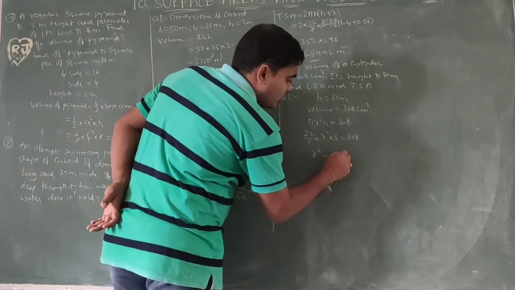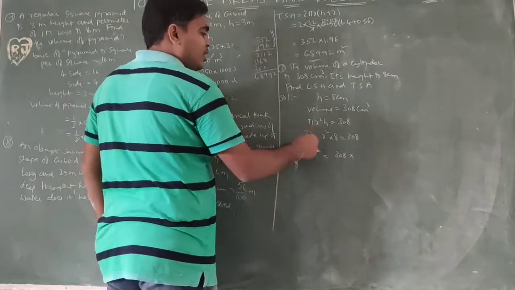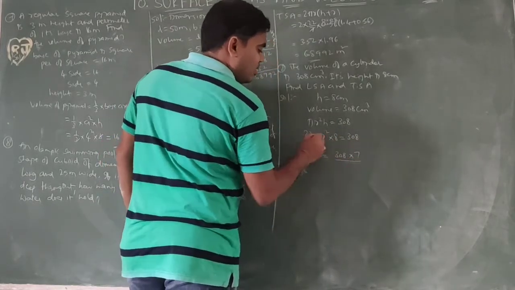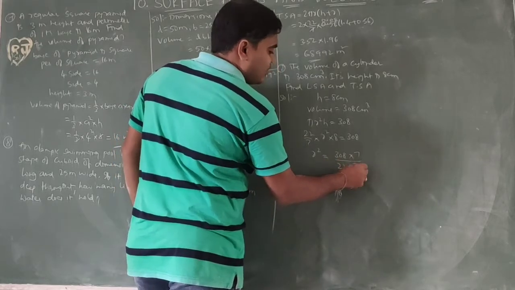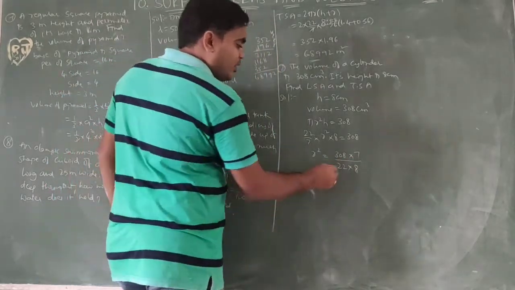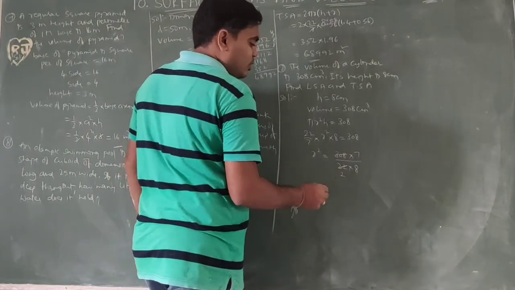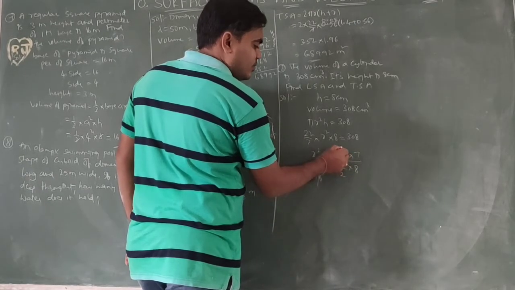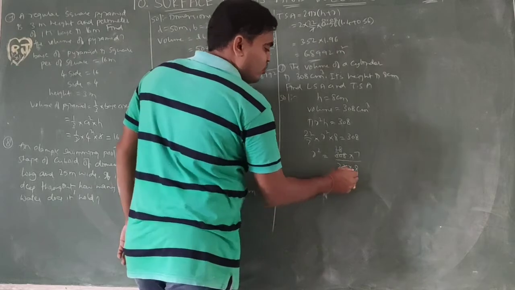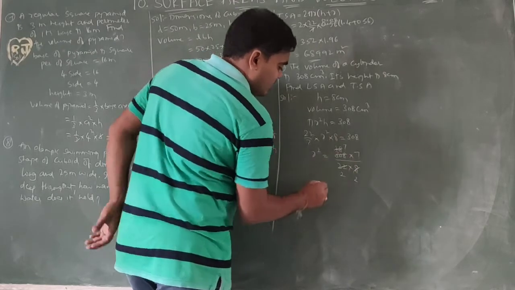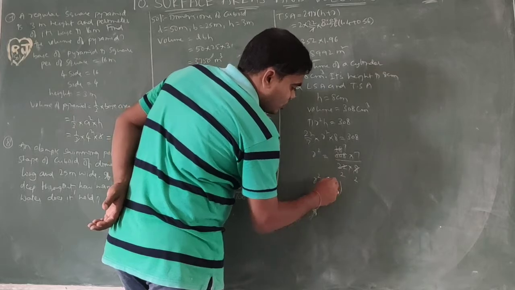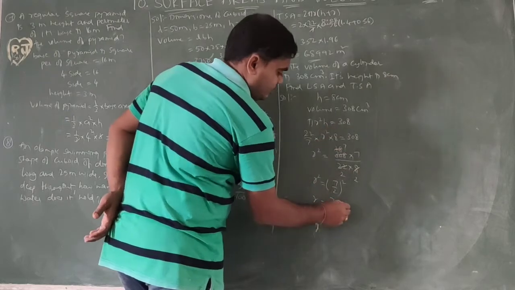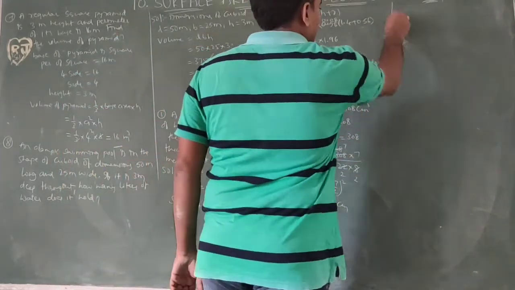R square equal to 308 into denominator, bringing r other than r square outside. So 7 comes to the numerator, 22 comes to the denominator, 8 comes to the denominator. So 11 into 2. 11 into 2 22. 11 into 8. Next 4 into 2, 4 into 7. R square equal to 7 by 2 whole square. R equal to 7 by 2 centimeters.